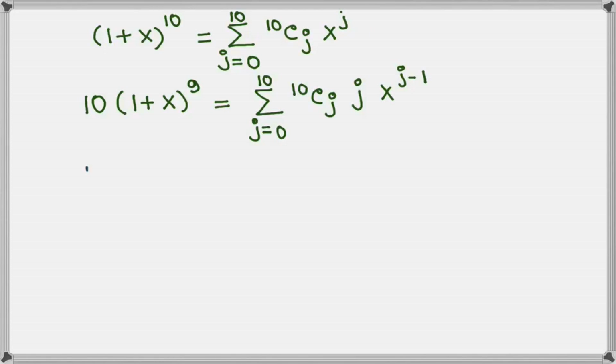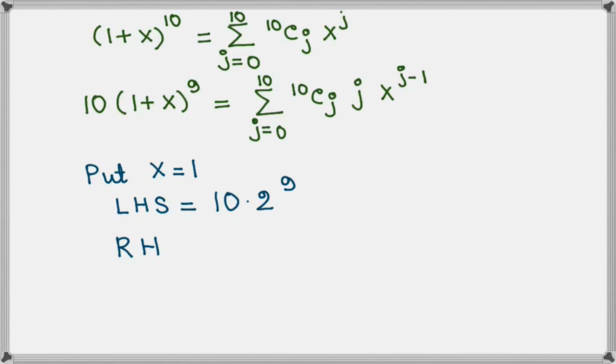Now we put x = 1 in both sides of this equation. We get left hand side is equal to 10 into 2^9, and right hand side is equal to